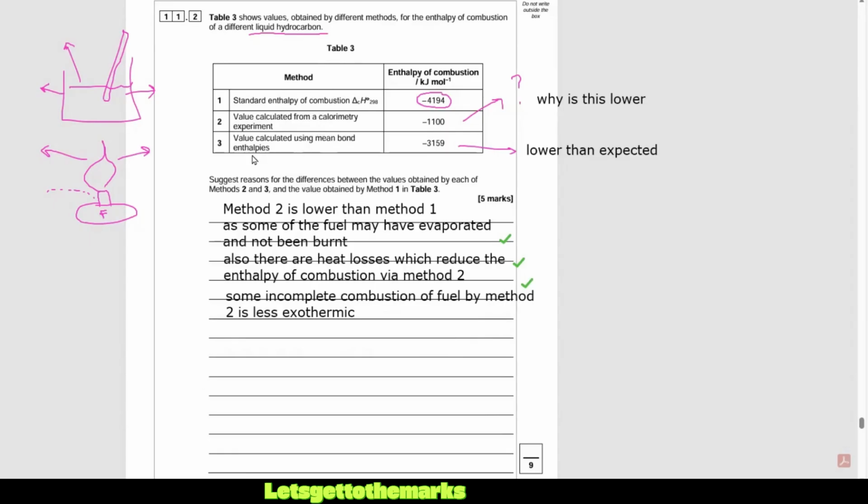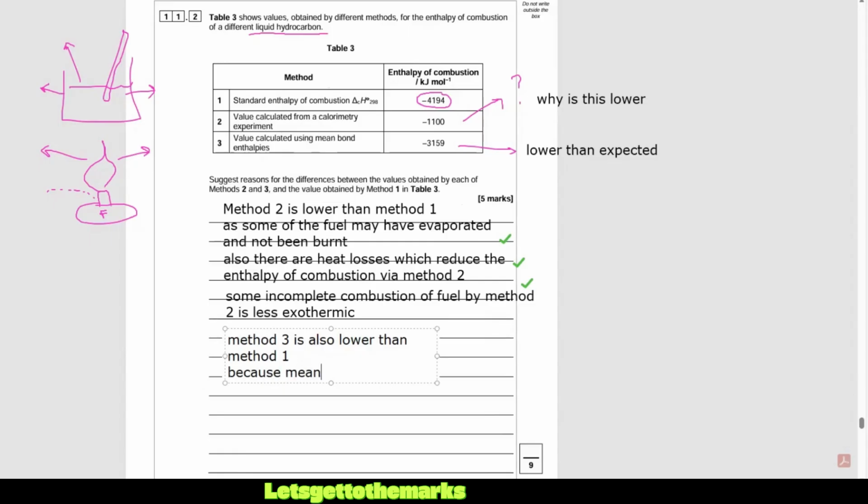Let's go on and talk about maybe even 4 just by stating that it's lower. I now want to state that method 3 is also lower than the standard enthalpy for combustion. So method 3 is also lower than method 1